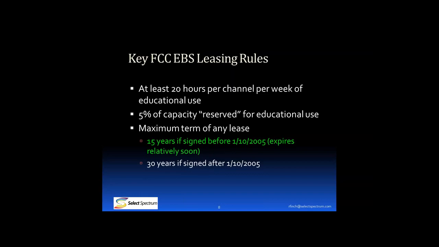The other standard of the FCC is that 5% of the capacity has to be reserved for educational use. It has to be there and available for educational use if there's demand and the finances to support it. So that's important in terms of showing the FCC that although the license, the so-called excess capacity, which people refer to as the 95% capacity, may be leased out, there is a portion of the capacity that's being used for educational purposes.